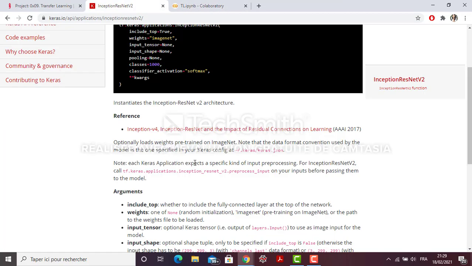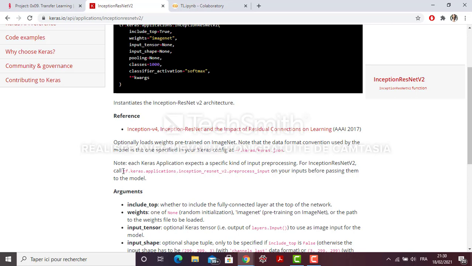Note that each Keras application expects a specific kind of input preprocessing. So for this model, we should call the preprocess input function specific to this model, so that it can preprocess our input the same way that the pre-trained model expected.